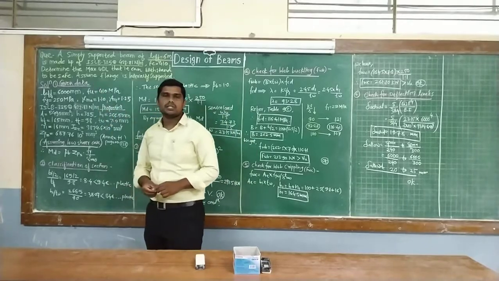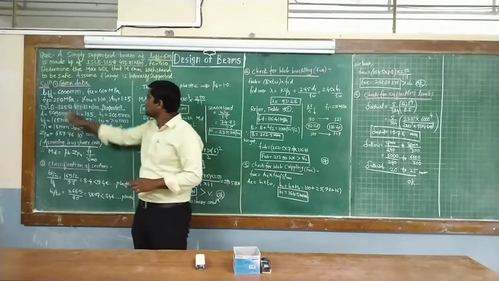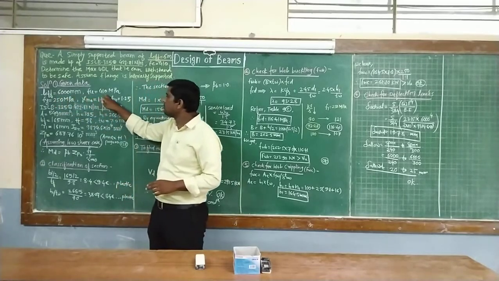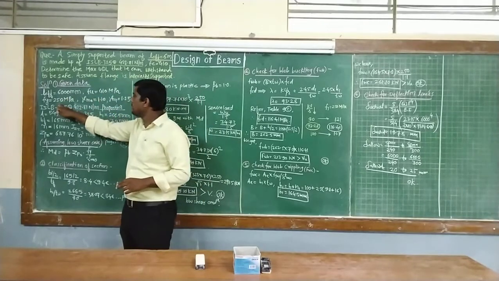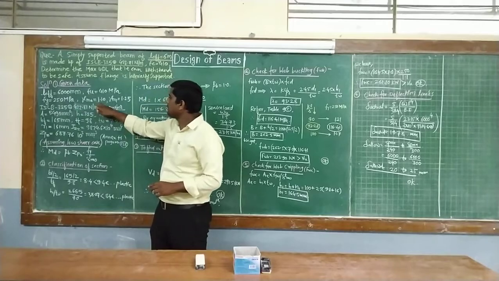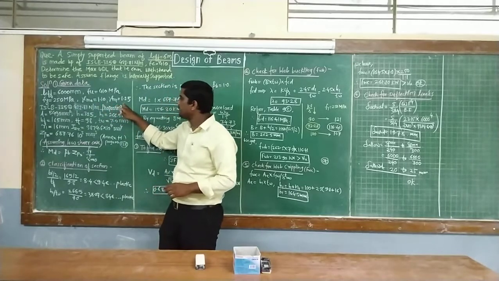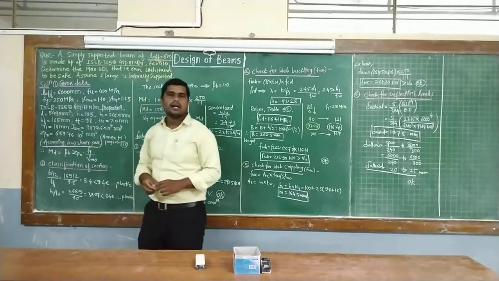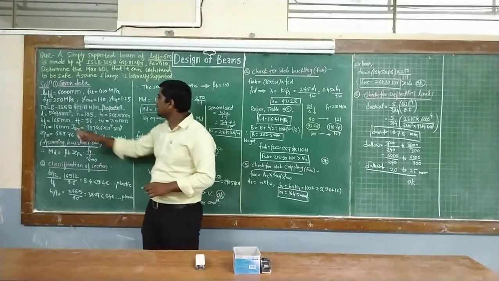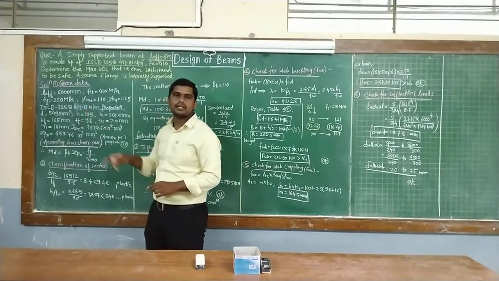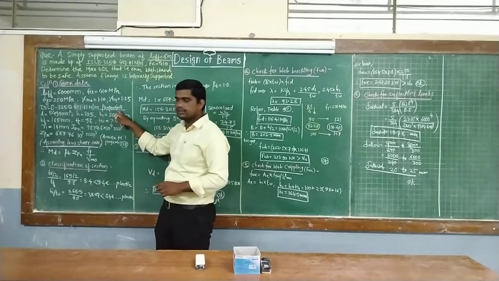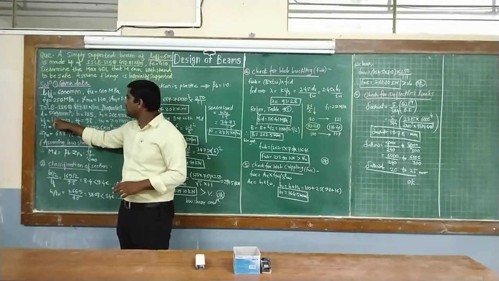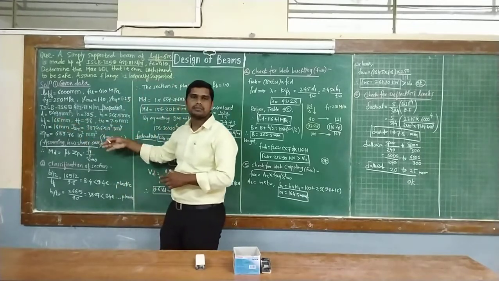Dealing with the solution, first of all write down the given data. Effective length L is 6000 mm, 6 meter. Fu is equal to 410 MPa. Fy is equal to 250 MPa. Gamma m0 is 1.1, gamma m1 is 1.25. Then for the cross section, ISLB 325 at the rate of 422.8 Newton per meter, the properties are: area is 5490 mm squared. All these properties we have taken from the steel table.